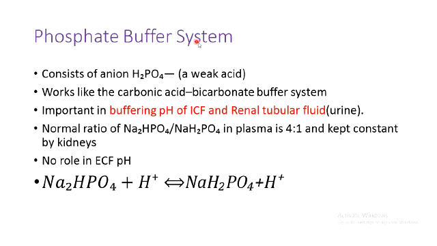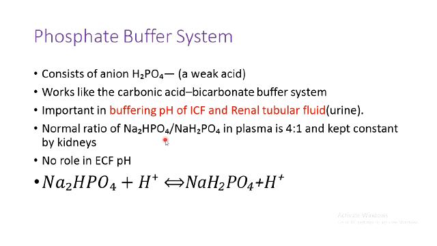Then comes the phosphate buffer system. The phosphate buffer system contains anion hydrogen phosphate, which is a weak acid. It works like the carbonic acid bicarbonate buffer system. However, it is an important intracellular fluid buffer and the renal tubular fluid or urine buffer system. So the normal ratio of